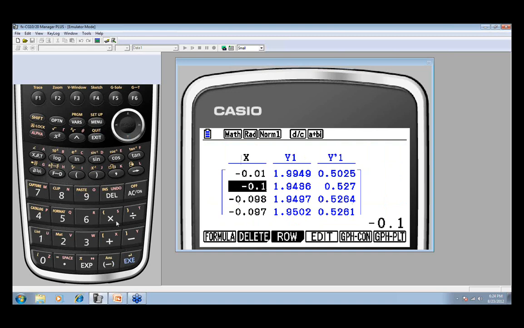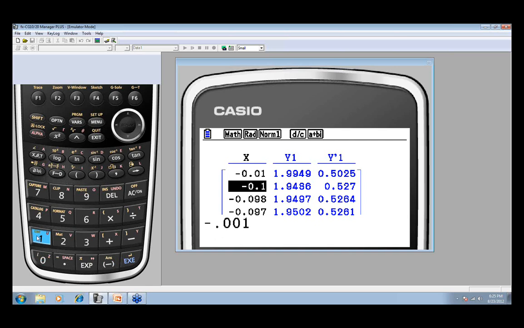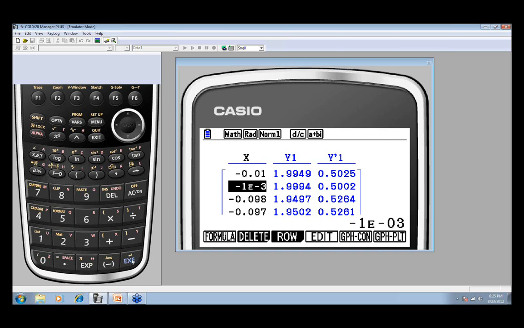I'm sorry, I'm typing in the wrong thing. I wanted to go -0.001 because we're really getting close to 0. And then I want to type in -0.0001. So we're really getting values that are so close to being 0 that we're seeing this get really infinitely